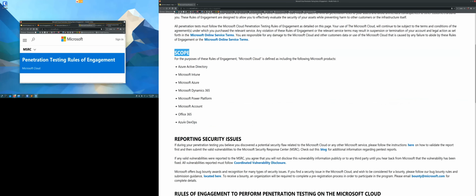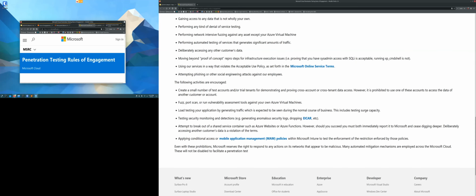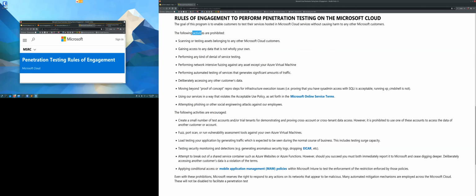And then you can also see here what type of activities are prohibited during the testing. So as you can see here, you're not allowed to do any kind of denial of service testing, which